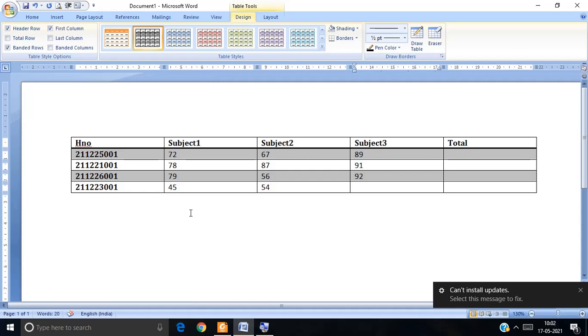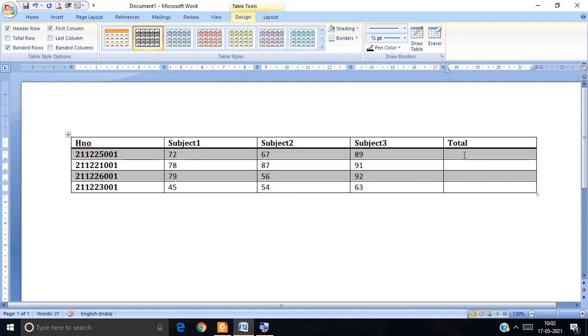54, 63. Okay, so here in the total, if you want to calculate the values, first of all we can directly provide the values, that means 72 plus 67 plus 89, you can directly provide the values here.